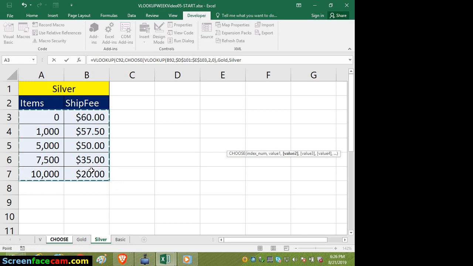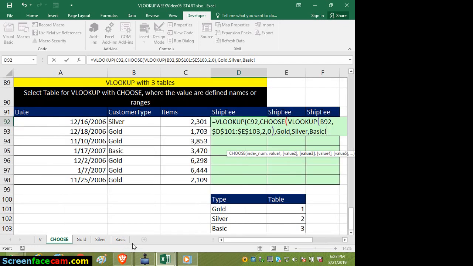Why is it not showing you there right now? It's because I named these fields. I have to unname them because they'll confuse you here, the way I put them. But let's finish the formula, then you see what I'm talking about. Then we lock it up, F4, then we say comma, then we deal with basic. Okay? We lock it up. Alright? Then when we're done dealing with basic, we close